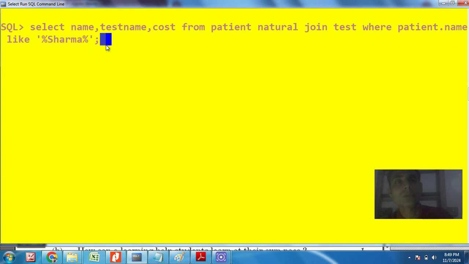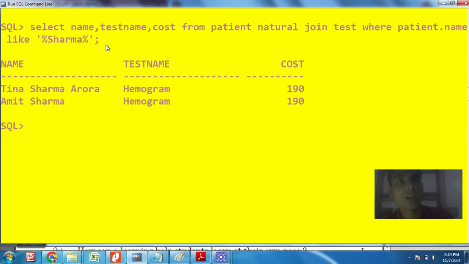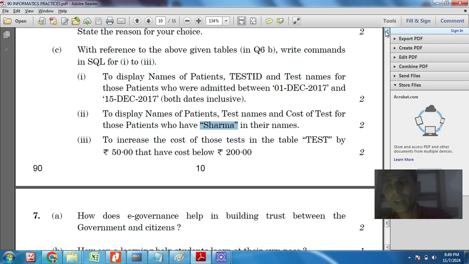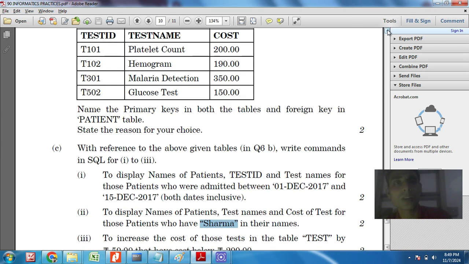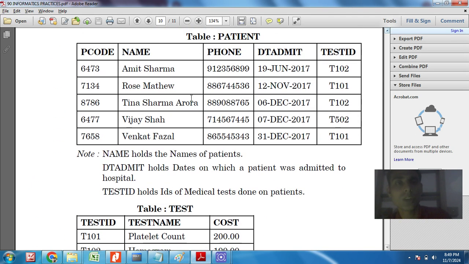Let's try to execute that. Here it is giving me Tina Sharma Arora and Amit Sharma. If we look at the table, with the name Sharma we have only these two names.